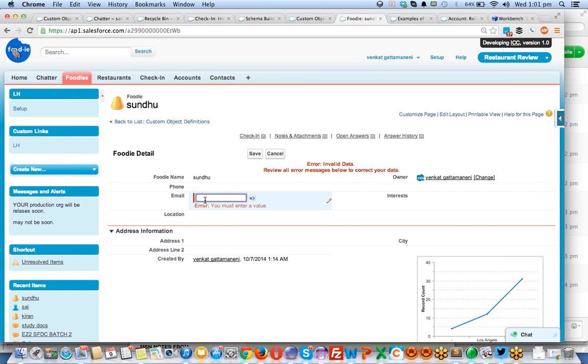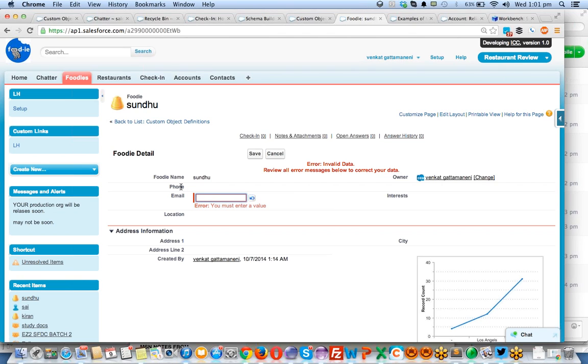Suppose the application is done now. After one month, your manager says the email address field is a required field, please make it required. What will happen to all the records available in the system till this one month? It won't be affected at all. But whenever you edit the existing records, when you open the page layout, this time it will ask for the email address field.